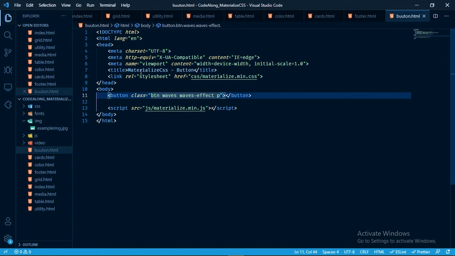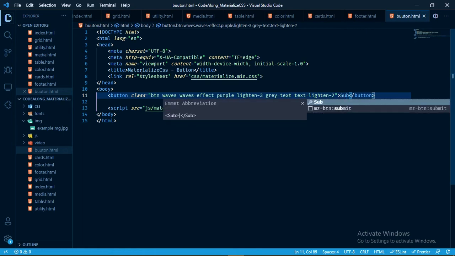Let's say the background color will be purple, and purple lighten-3, and we can say that the text within it should be gray-text, and that should be text lighten-2, and then